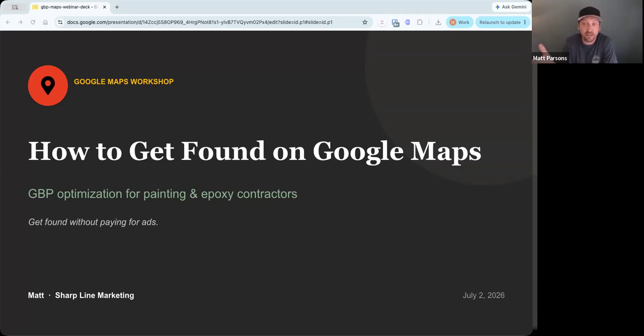How to get found on Google Maps. That's what today's workshop is about. Specifically, if you paint houses or pour epoxy floors for a living, the homeowners looking for you right now aren't scrolling to page two of Google. They're staring at that little map with three businesses on it that Google throws right up there at the top,